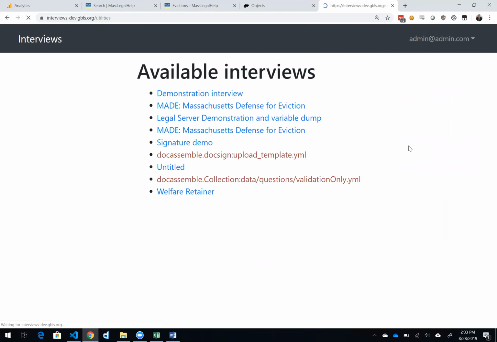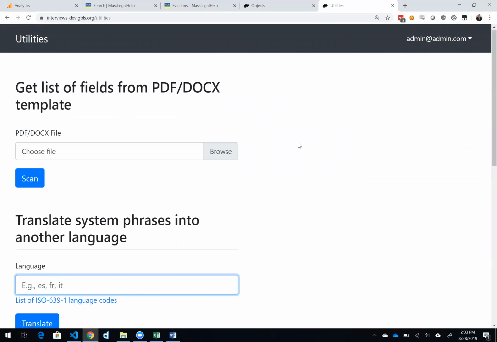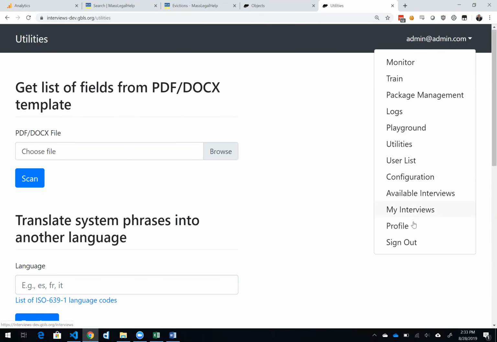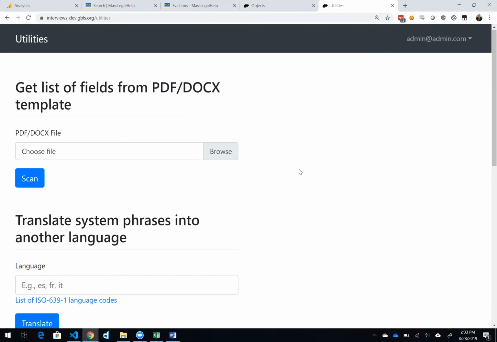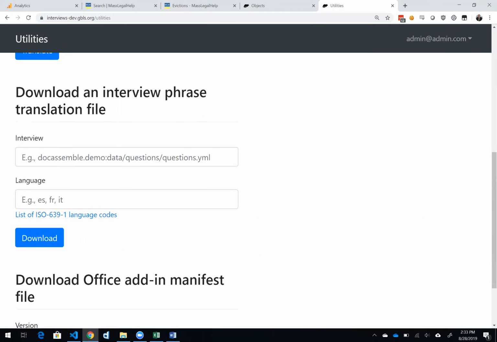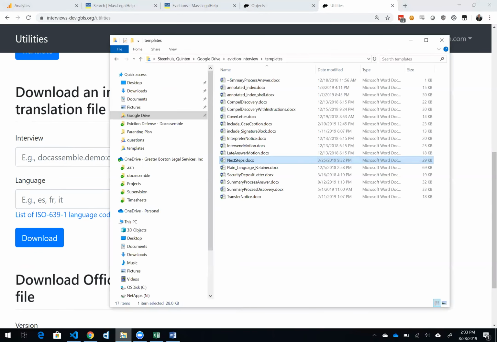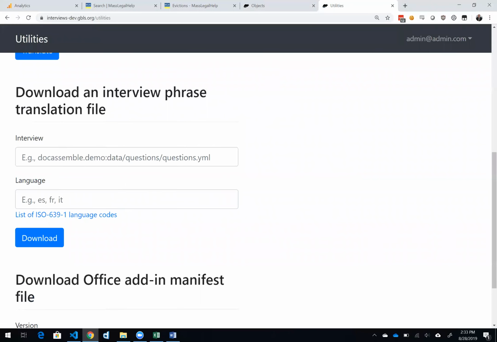Just under the utilities menu here. So underneath your name, you have a list of utilities as one of the menu options. And then you just type in the name of the question file, the path to that file. The question? You mean the YAML? Oh, questions YAML. Yeah, gotcha. Yeah, exactly. And then language, which it says it has to be an ISO